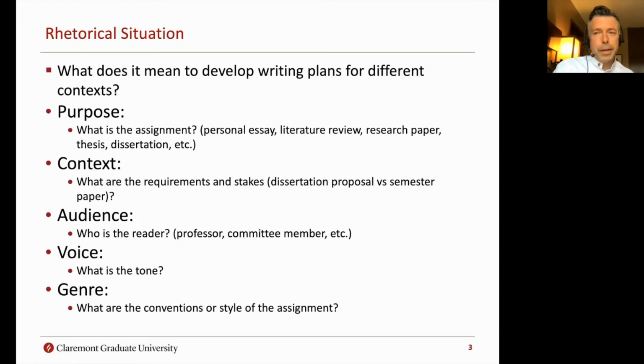So how does this apply to writing plans? Well, the rhetorical situation helps provide the sense that once you take into account what type of assignment you're working on, who your audience is, what the structural, genre-based expectations and requirements are, you will, with that understanding, create a different type of writing plan, right? Through either the SMART or the chunking method. And I think Anisha will tell us a bit more about how that applies specifically to the SMART goals.